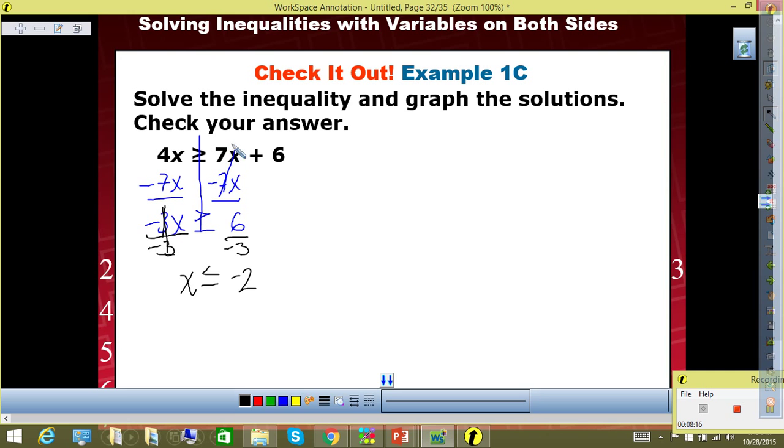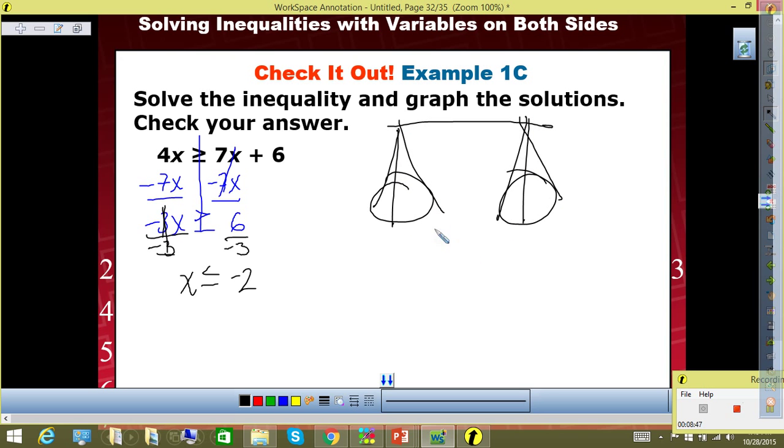Even though she started with the greatest variable, let me take you back to the beginning. Look up, please. Remember when we started with equations, I said equations come from scales. Then I showed you that inequalities also come from scales. Therefore, whatever you do to one side, you have to do to the other side. So it doesn't matter where she started, as long as she did the same thing to both sides, she'll